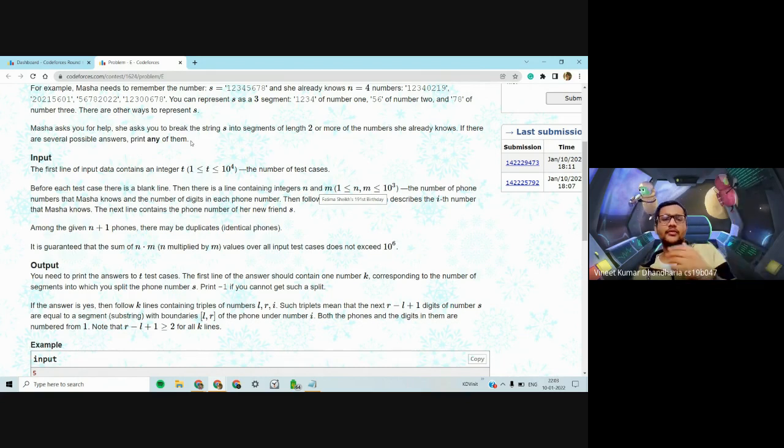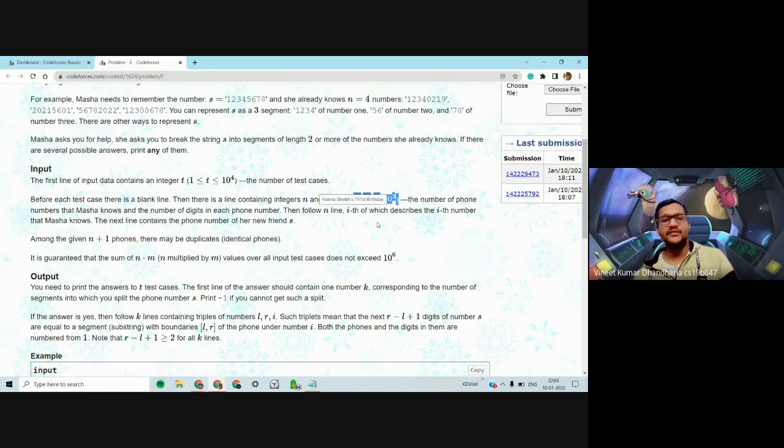Each number would have mC2, roughly O of m squared subsegments, and there are n such numbers. So there would be roughly n times m squared total segments, which looks a bit over our limits. So we can't do that here.